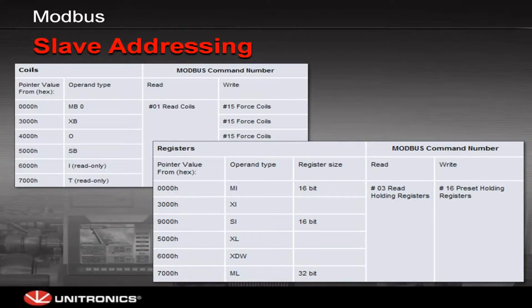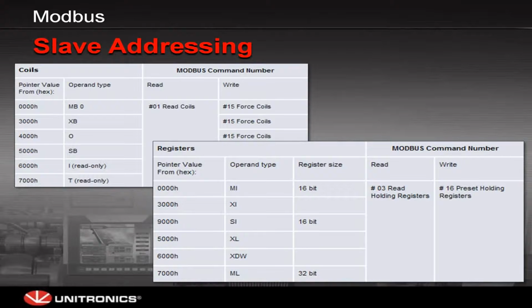The command numbers that you can see here, number 1 is for the read coil, a 15 is for the force coil. These number commands are not something that's just been developed by Unitronics. The command numbers are also published in the MODBUS standard. So generally, if you're reading any of these types of coils that we have, the discrete values, it will be either a 0 or a 1